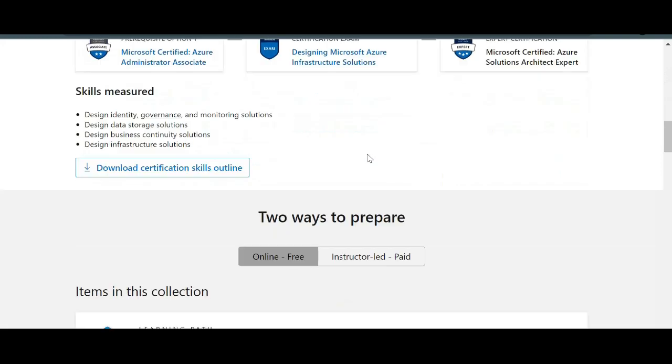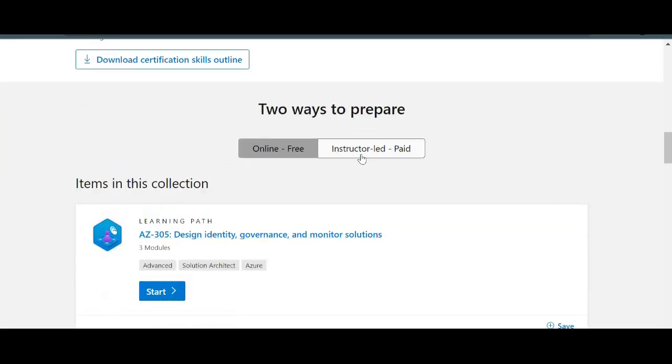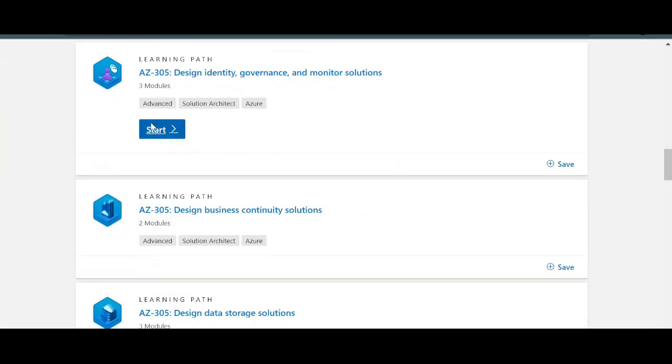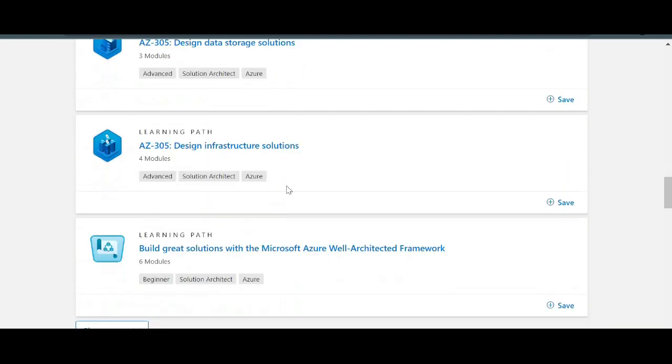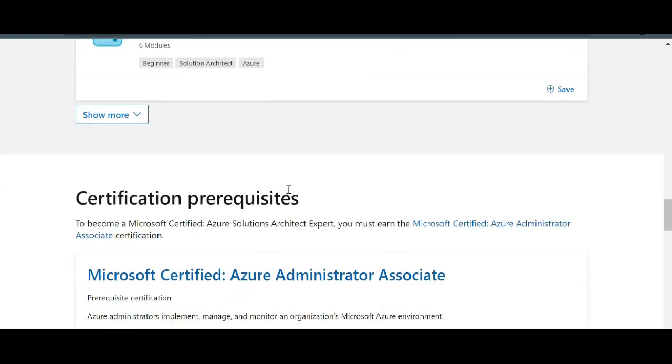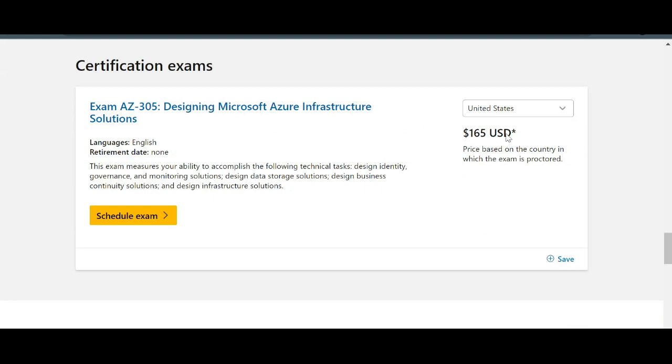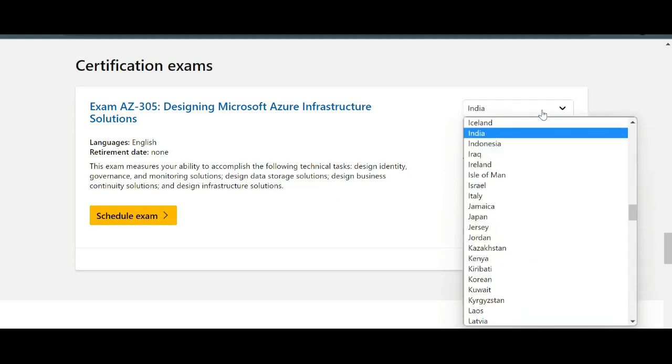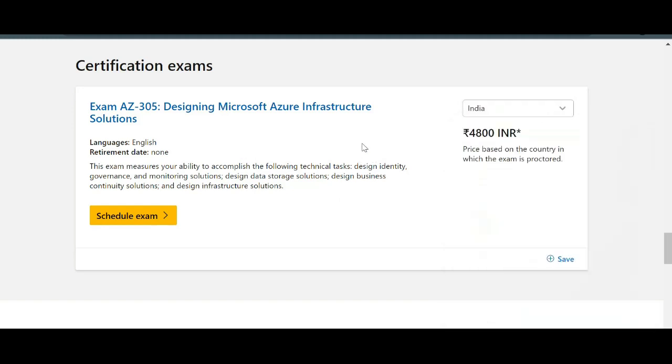Coming to this Docs, you have this online free instructor-led. So I personally suggest going through these links if you're going for a certification and paying from your own pocket. So how to take it free of course? Here you have this exam, schedule exam. 165 USD is required. If you are from India, 4,800 INR is required to complete this exam. So you can avail it for free. Schedule exam, go to schedule exam,